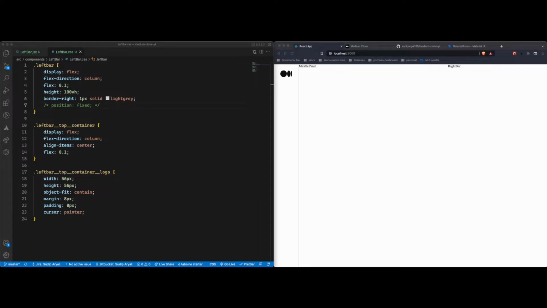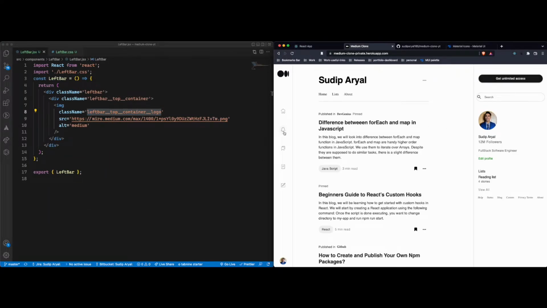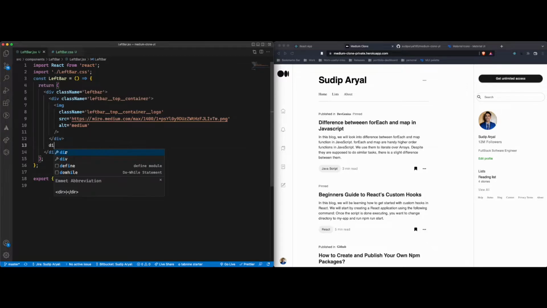Alright, now we created our icon, not icon, the image, right here. Now what we're gonna do is we're gonna have a separate container for these icons, and I'll show you a really nice trick, by the way, today, how to get those icons. Now this is the div where we had the image. Now we're gonna create another container with the class name of left bar middle